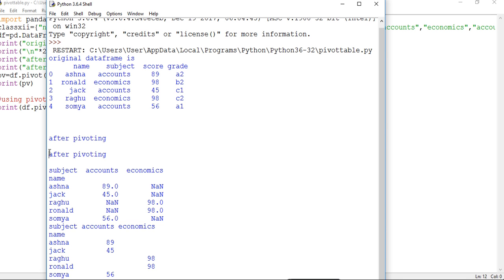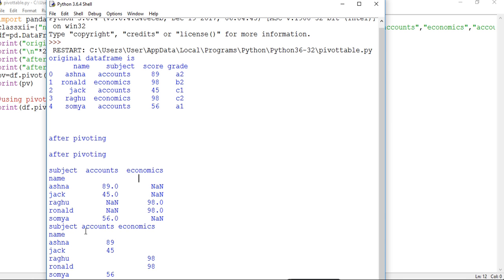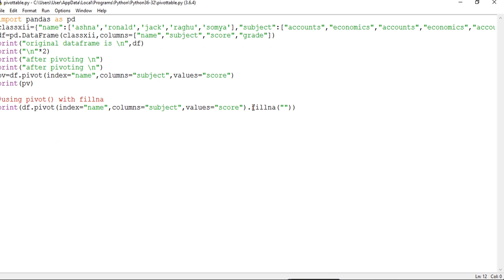This is the previous output for the pivot table, that some values are missing, that contain NaN value. But when we use the fillna function, see here for ASNA, and for the economics column there are blank spaces, no marks assigned. NaN is replaced by blank spaces, because we use here fillna is equal to spaces.